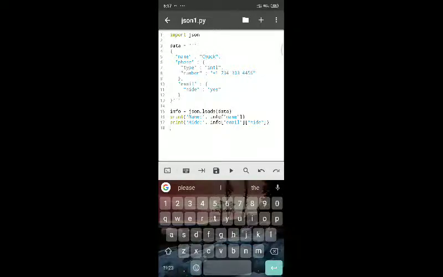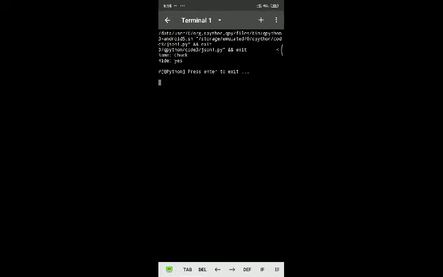Email is a key, and inside that, the value of email is hide, which acts as one more key for the value s. Now we'll execute this. You can see name is Check and hide is s, so it extracts the particular email, and with respect to that it identifies the attribute as s.